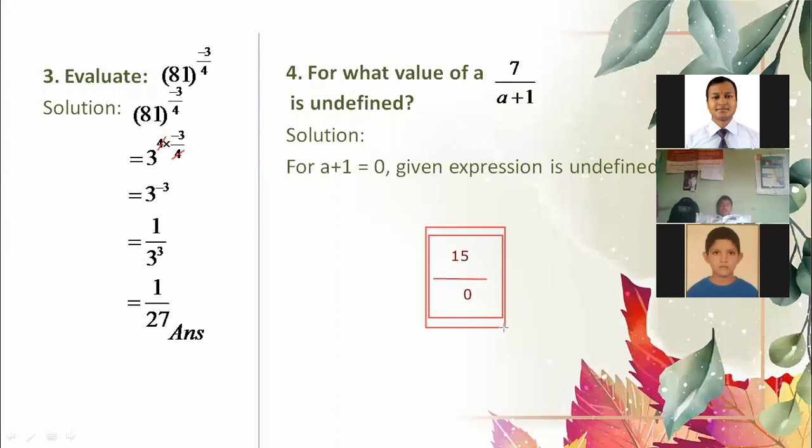15 divided by 0. Just for one example, if these 15 are chocolates, यहाँ 15 वटा चकलेटहरु छन्, 15 वटा चकलेट बाँड्नु पर्ने छ. Divide means बाँड्नु पर्ने, that is distributed to some, but how many people are there to distribute? There are 0. There are no persons to distribute.